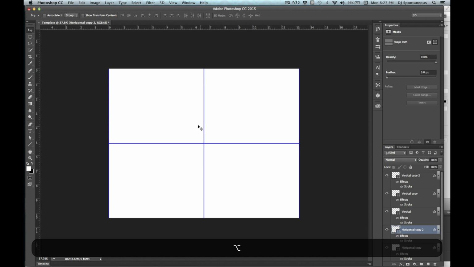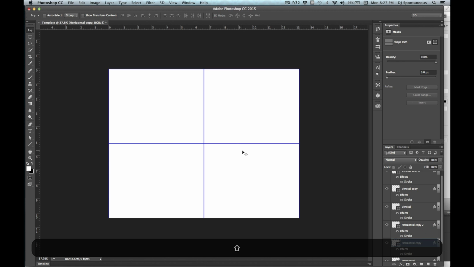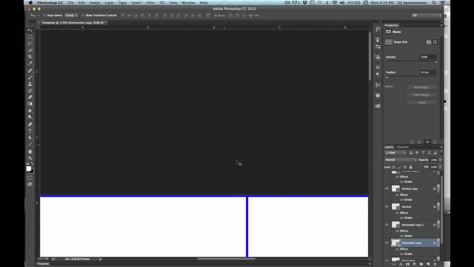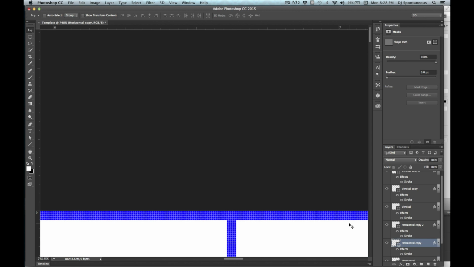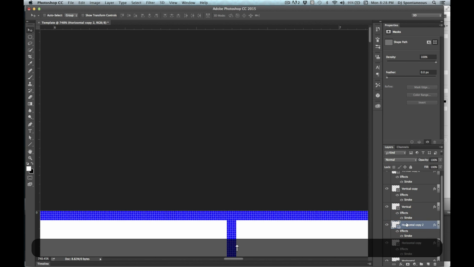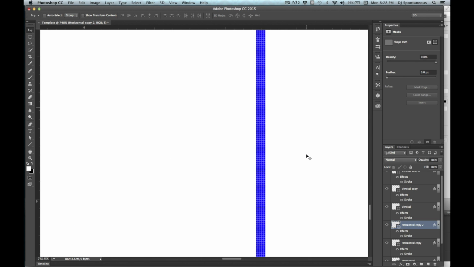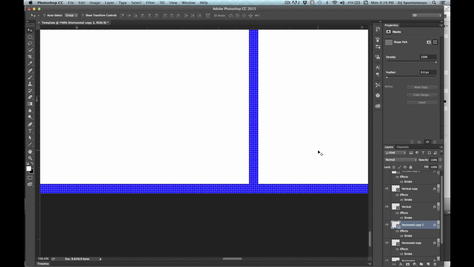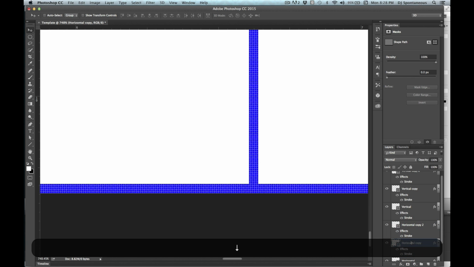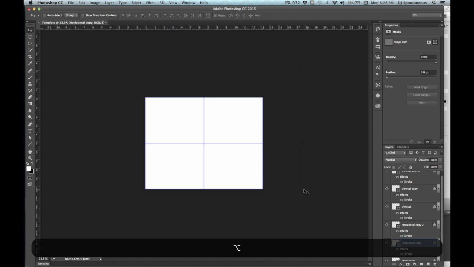Okay, so now we're going to shrink this down a little bit. And then we'll drag this one. Oops, sorry. I'm going to drag this one up. Let's drag it over a little bit, up to the top. It should snap. And drag this copy down to the bottom. Now what I mean by snap is Photoshop has a thing where it actually snaps right into where it's supposed to be. If it's against a line or against a mutual point, it kind of snaps. So it kind of helps you. Okay, so now we have our total